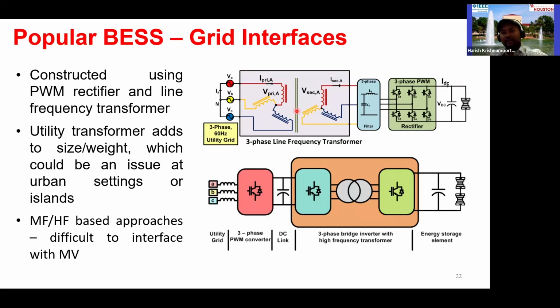Because of that, there are things like solid state transformers. Basically, you work with higher frequency transformers and use electronics on either side to convert from low frequency AC to high frequency AC and high frequency AC to low frequency AC. This way, the transformer material and size can be significantly reduced. As we go higher in frequency of the transformer, we can significantly reduce the entire size of the transformer. But of course, you need electronics to process the frequency so that it can be interfaced to the grid, because otherwise the grid cannot handle high frequency directly. So that is called solid state transformers.